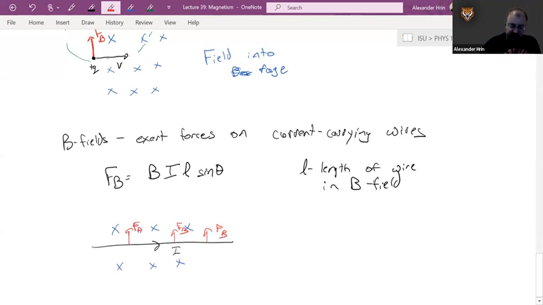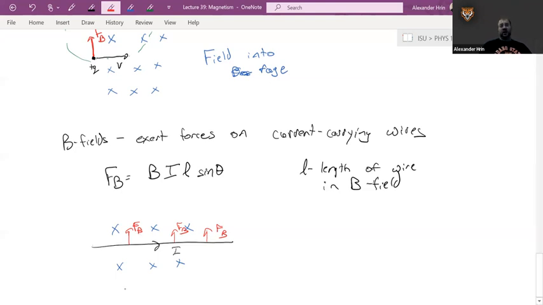Now, it's a little less clear what happens here because this wire could be rigid or it could be fixed, so you might just get this wire moving upward. Ultimately, we're not really going to have time, but the fact that you can get this kind of force from magnetic fields